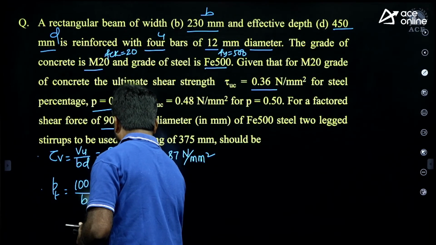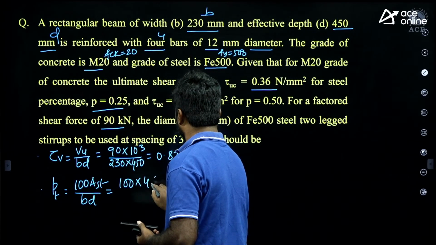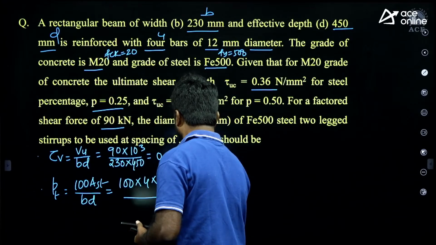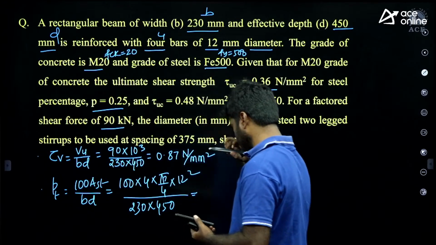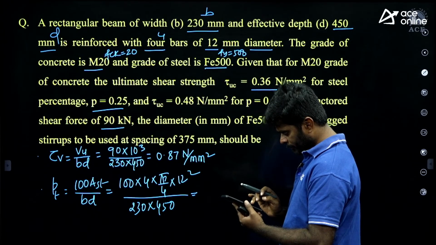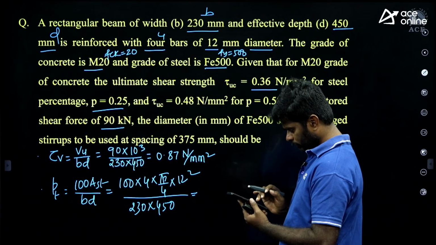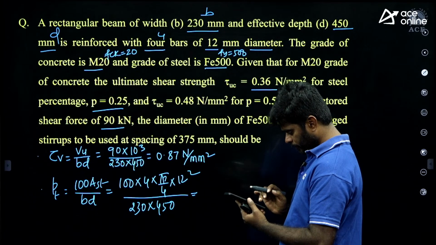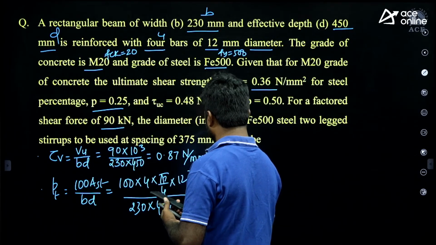100 AST. AST is how many numbers? 4 numbers. Diameter 12. So pi by 4 into 12 square, upon BD, 230 into 450. How much is it? 100 into 113 into 4, divided by 230 into 450. I am getting 0.436, let us say 0.437,